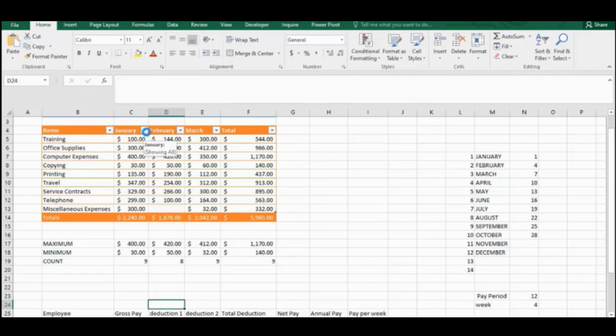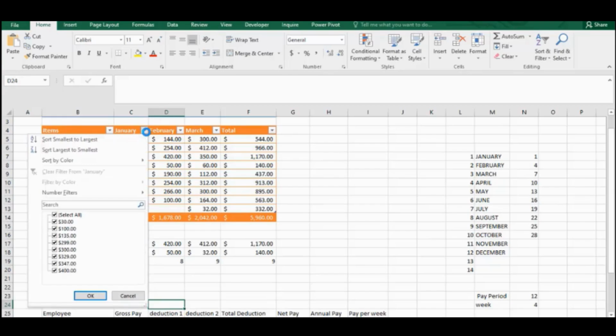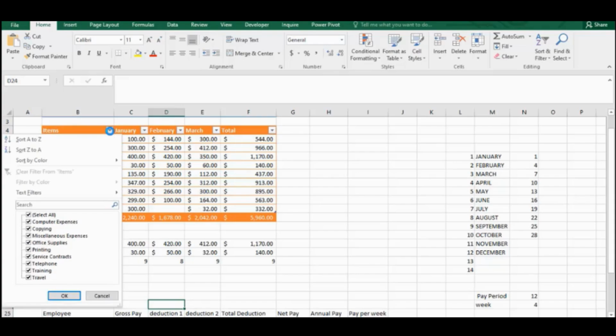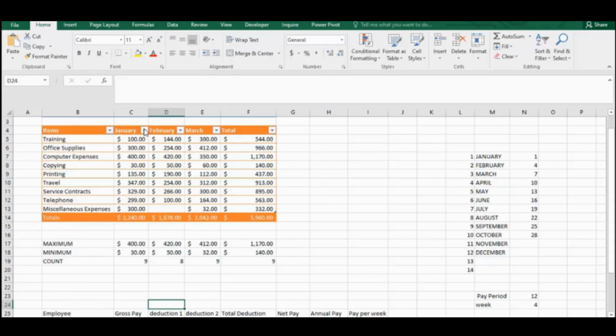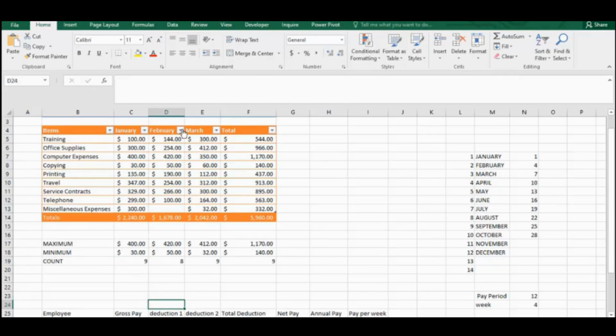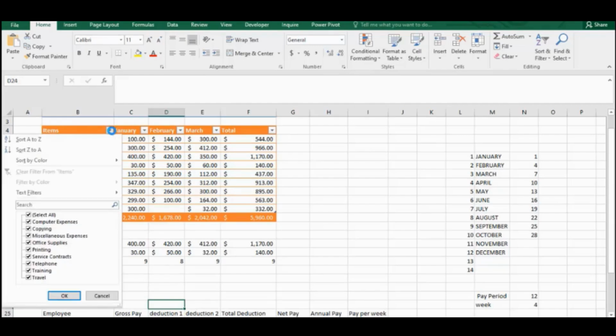So when you format as a table, you already have access to some things that the table allows you to do, like sorting and filtering. So you see at the headers of every one of these tables, we have these drop downs here. When you click on them, it allows you to sort your values. So I can decide to sort by a certain amount, or in this case, this table is not very suitable for this example, but